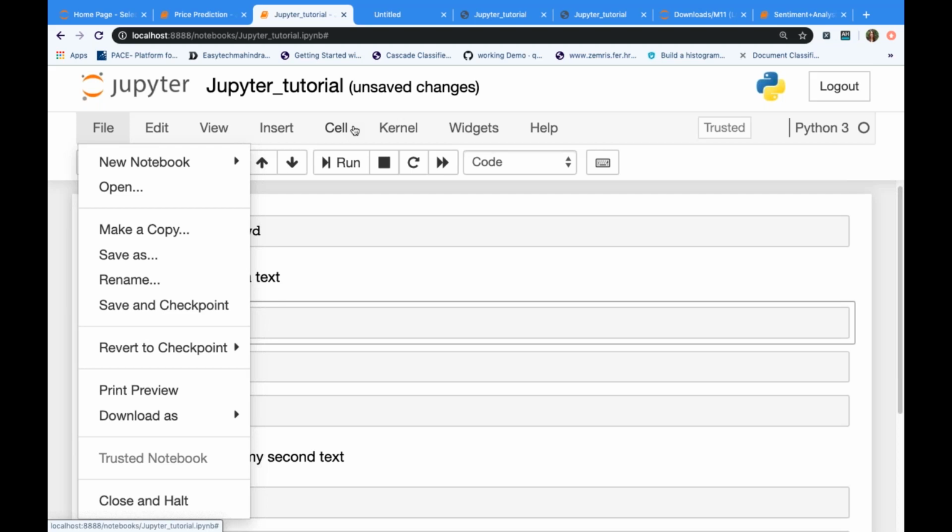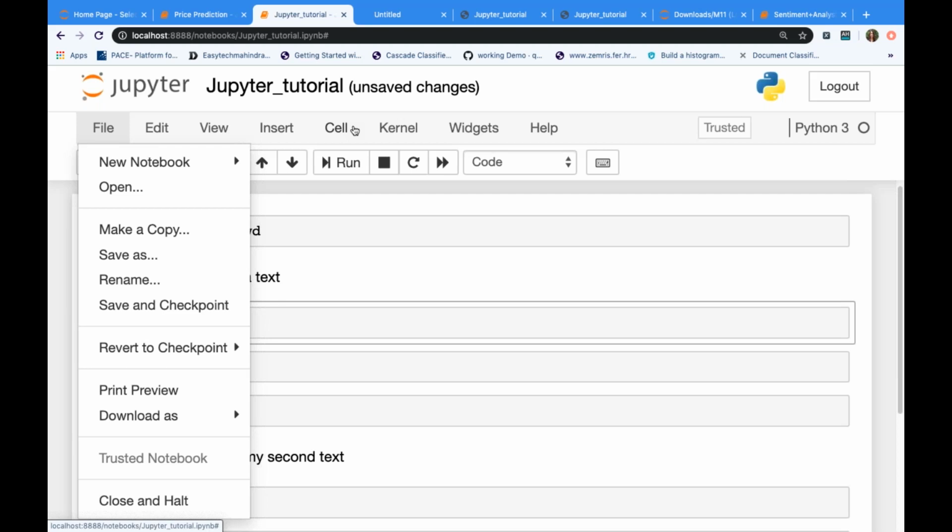But sometimes it will save automatically, but not immediately, with some very small time interval, let's say 120 seconds. Every 120 seconds it refreshes, and whatever new update you have done, it saves in the checkpoint file. Now within that time, if your system crashed, or some software update came and Jupyter notebook crashed or something happened,